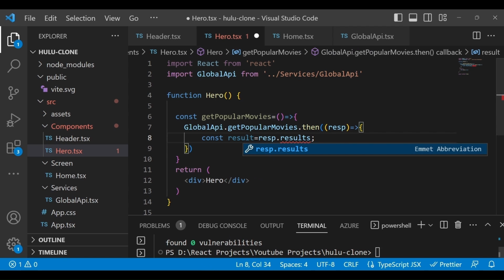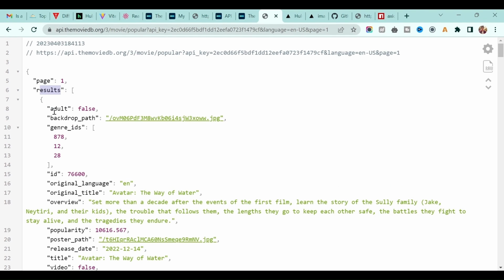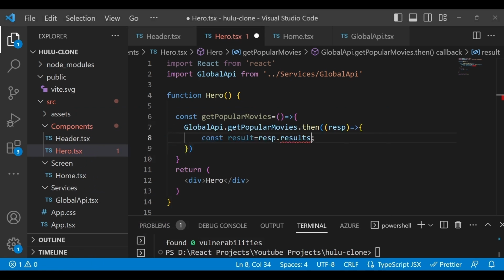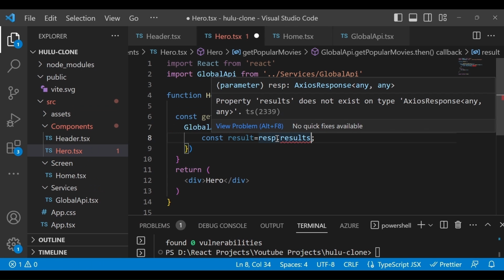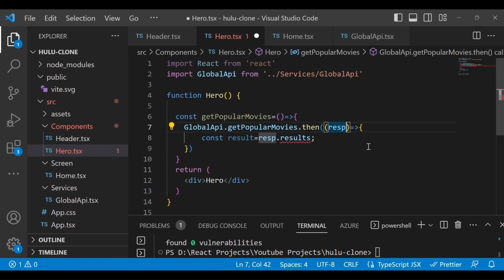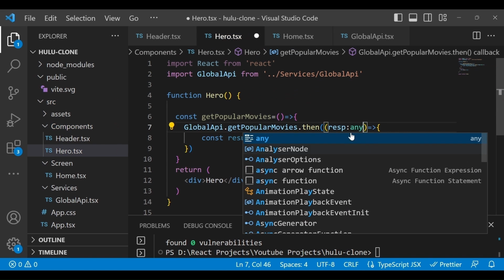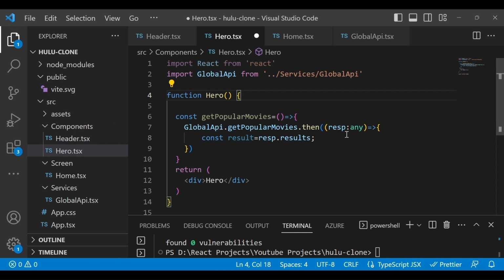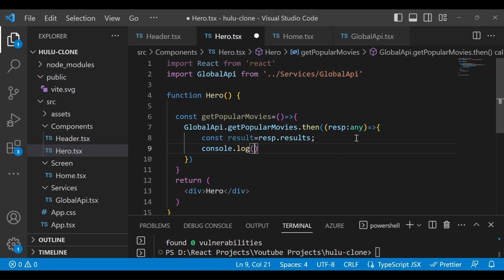If you go back here, yeah, it's the same: response dot results. We got an error that the property does not exist on the particular type, right? So let's give it any type, because we are using TypeScript, and that's the reason we give response of type any and get the result. And we will console log this result.